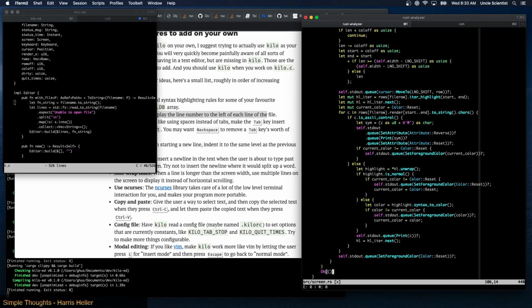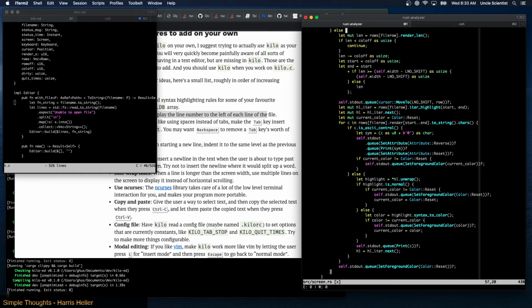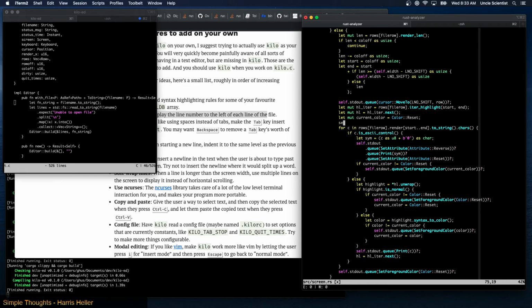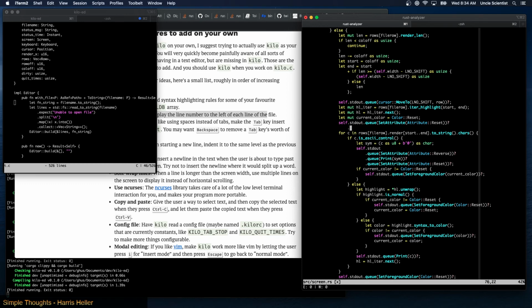Can we do that? Where's this? This is in a giant else. This does this here. HL iter next. Okay, so before we do all of this, we'll say self standard out, Q, set attribute, reset, because we want just normal row numbers, and we'll say move to 0, comma,